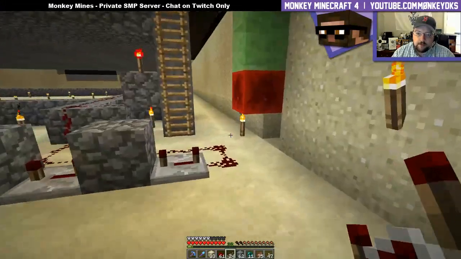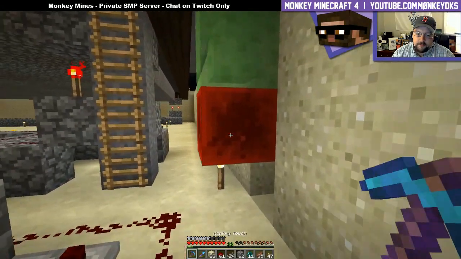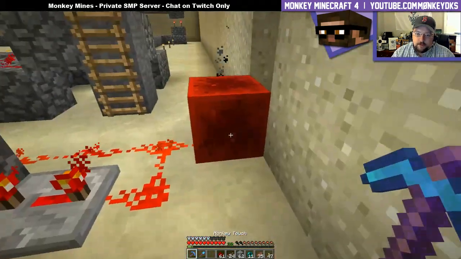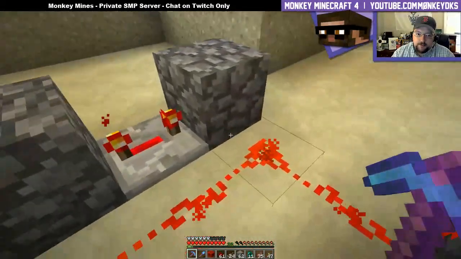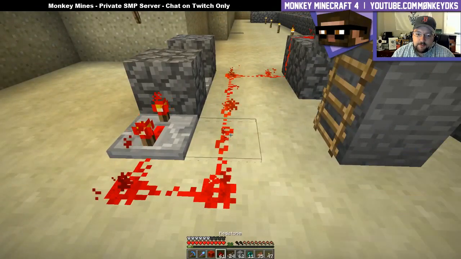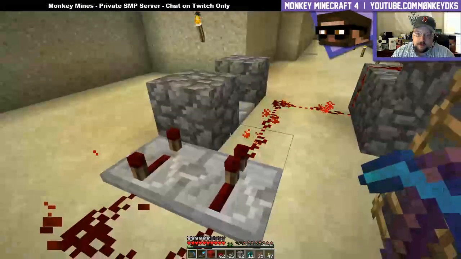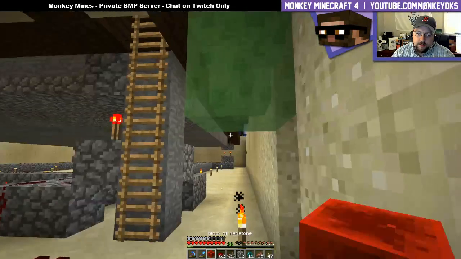So the way this circuit works is when this is powered, like so, you heard the doors open up there. It stays lit longer because it feeds back. Why does it feed back? Because of this. So it takes a while to go out because of the